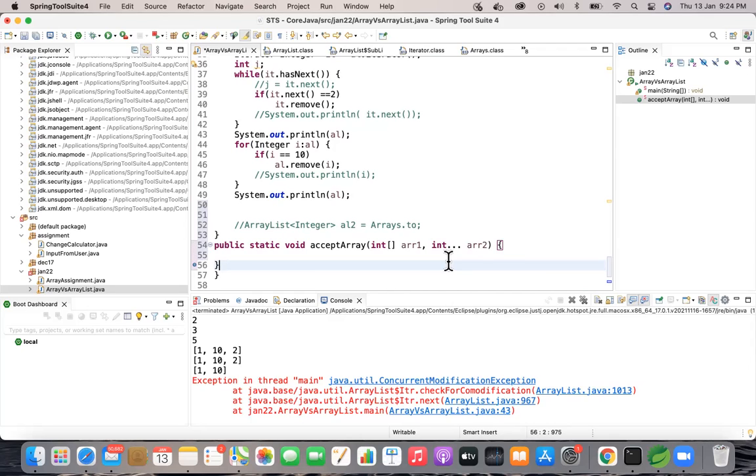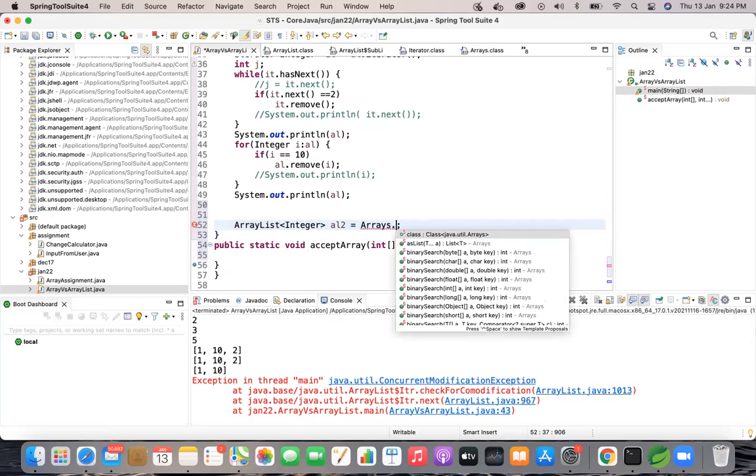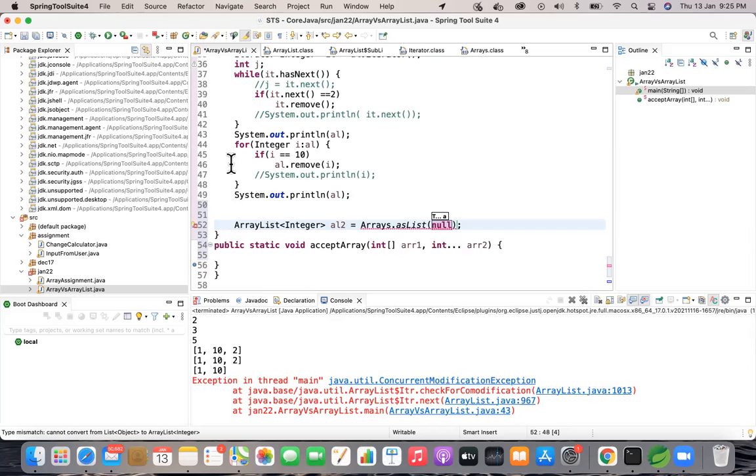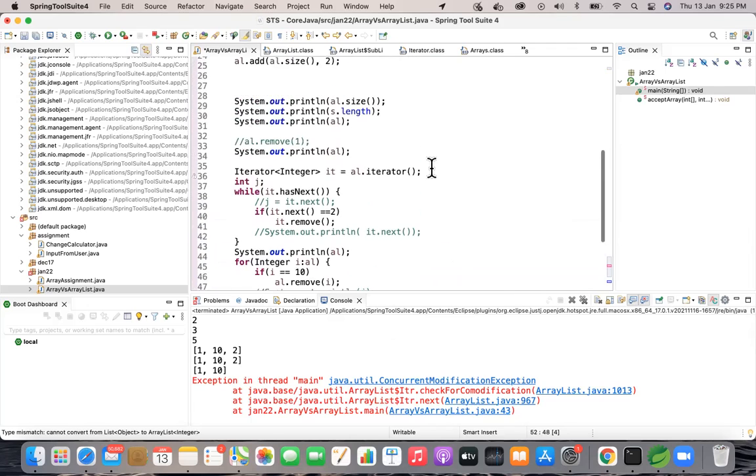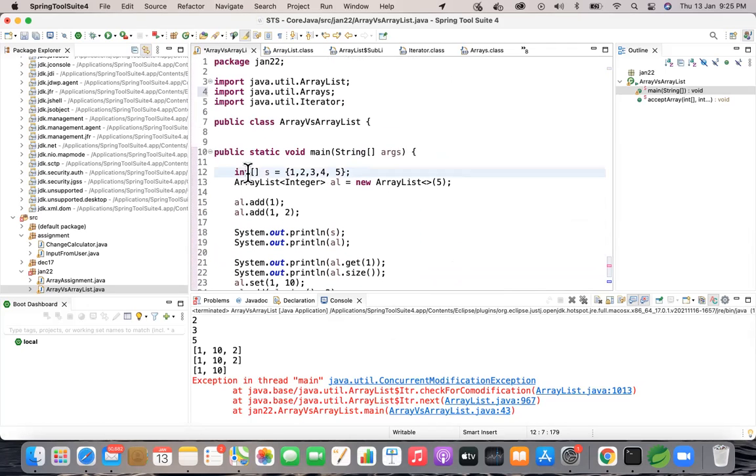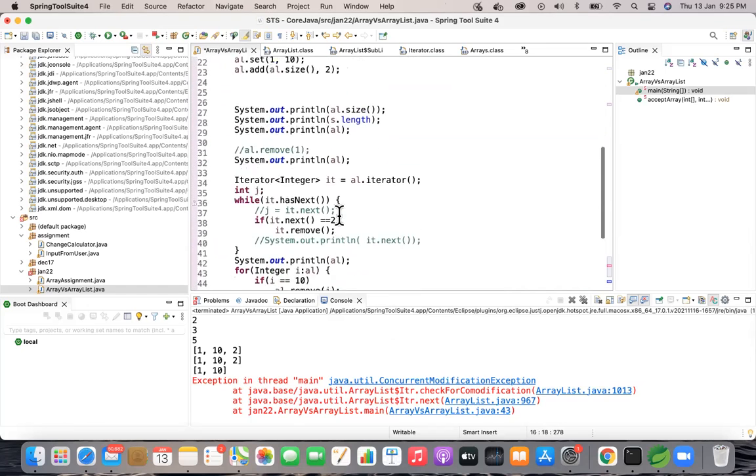Okay, now let's go to the above one, arrays asList. Since we're not able to do it with integer arrays of the int primitive type, at the top you can just have the Integer class instead of int in the values. Okay, just have Integer. Yeah, now you can just have it within the asList method.